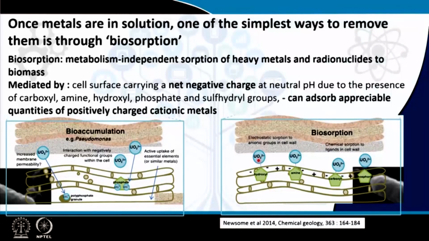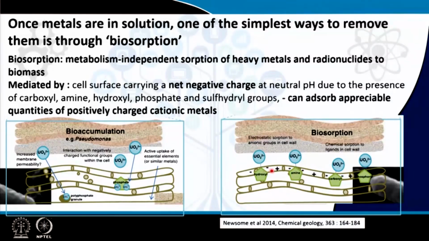They are able to bind divalent uranium, for example, in this case. So, divalent cations can be adsorbed through electrostatic absorption through these anion groups, and then subsequently microprecipitation and ion exchange processes can also take place, and eventually more divalent cations can be deposited and absorbed on the cell surface. And since it is a metabolism independent process, it has gained considerable interest, because toxicity and all those points are not valid, as these cells may be dead also. So, basically dead cells can be used for this purpose.